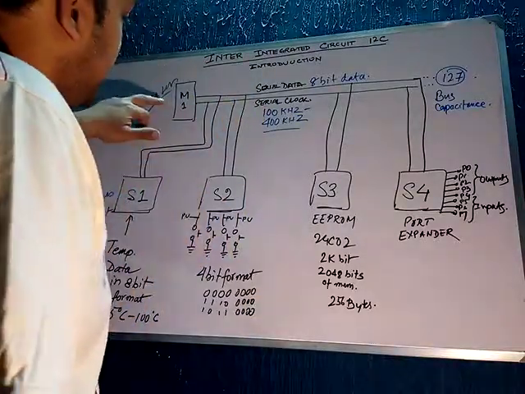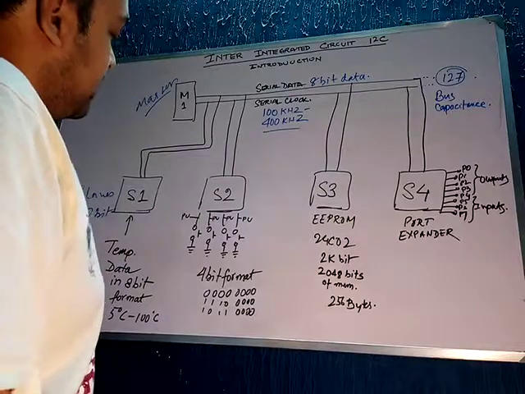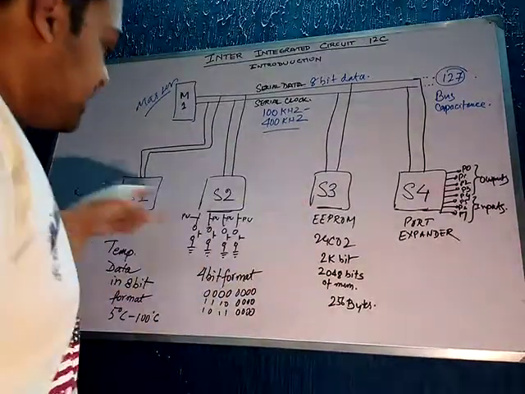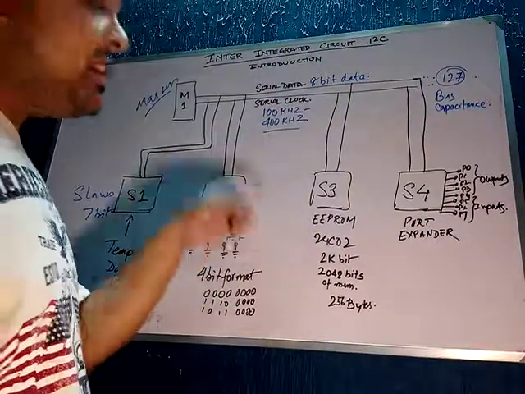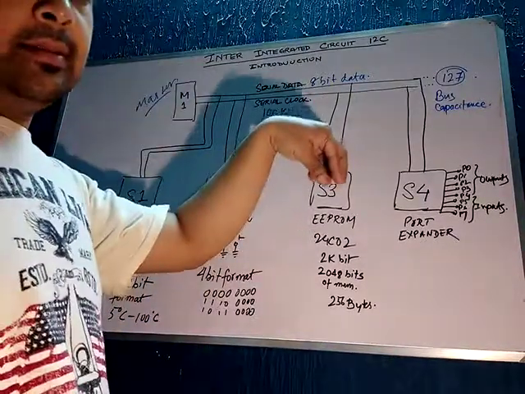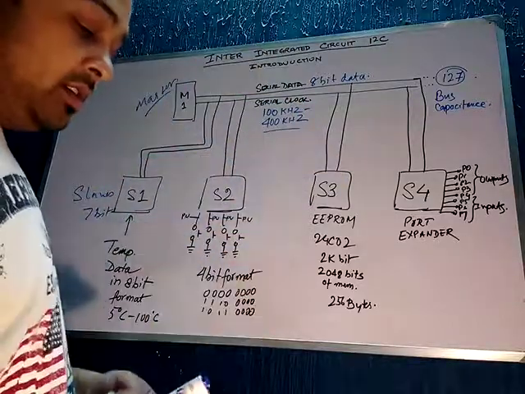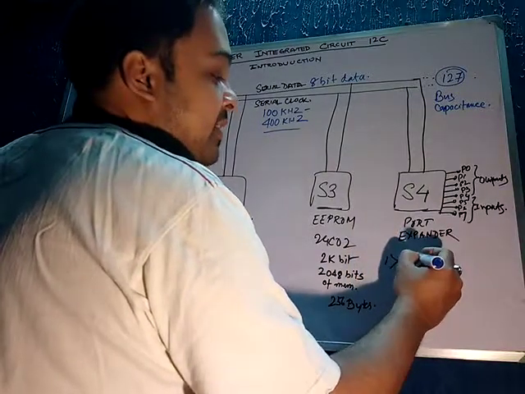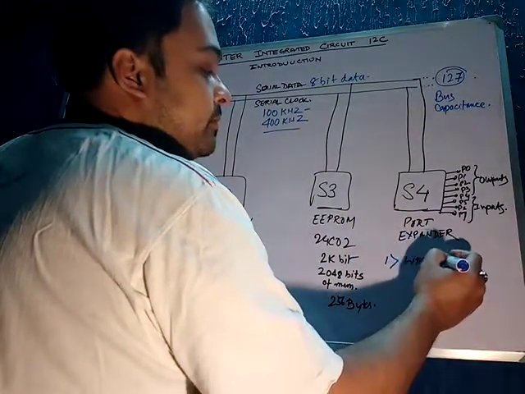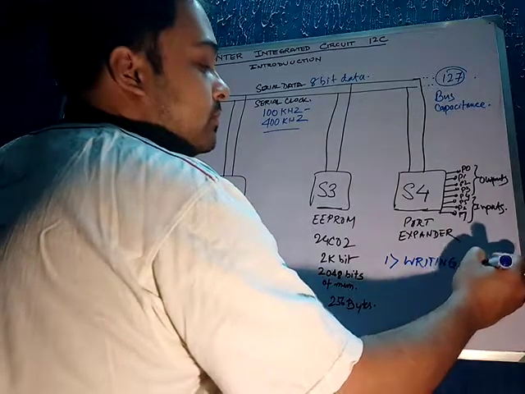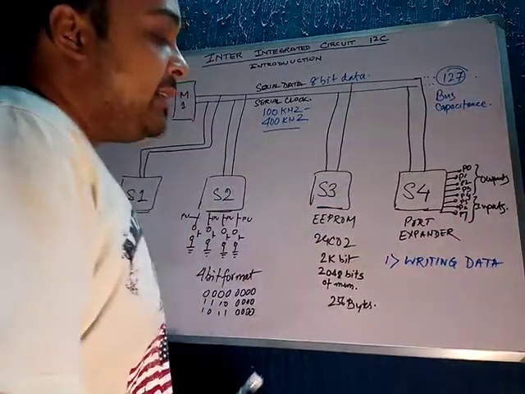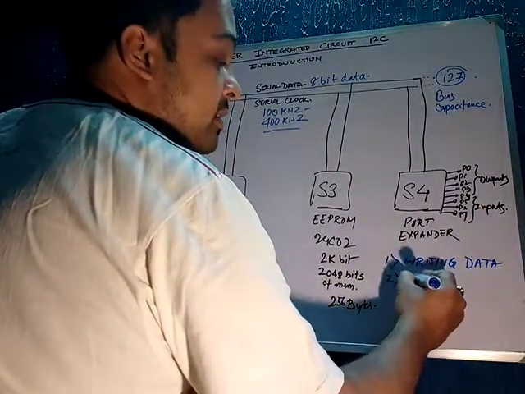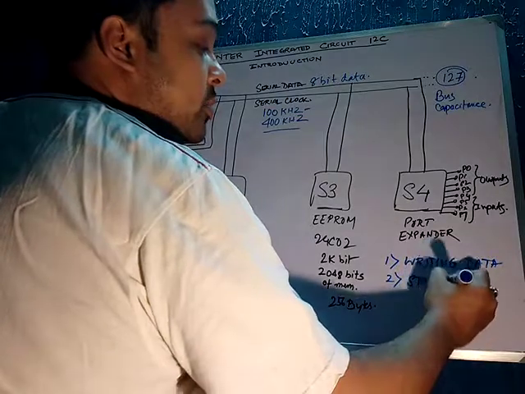One is when the master starts a communication with an EEPROM or any of the slaves and starts to write some data. That is the writing condition. So the first thing I will discuss is writing data. The second thing I will discuss is start, stop,